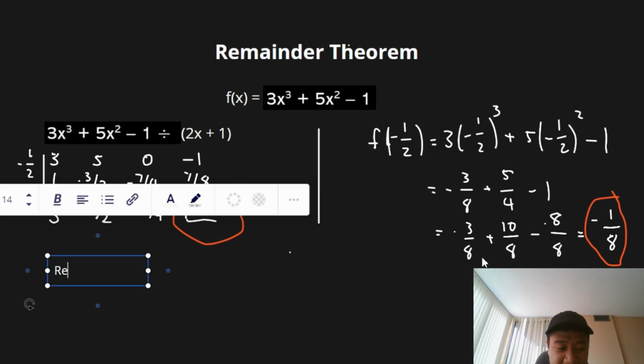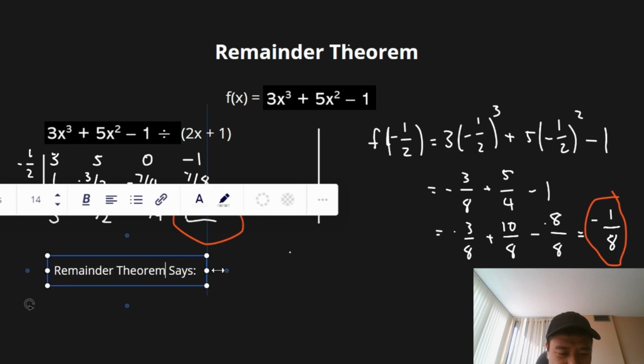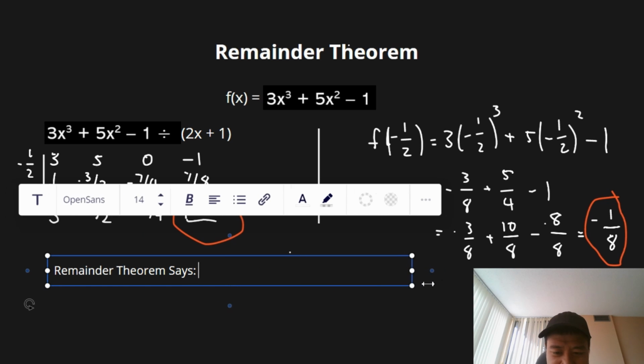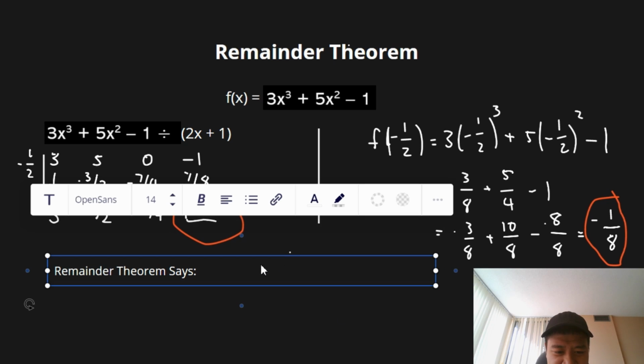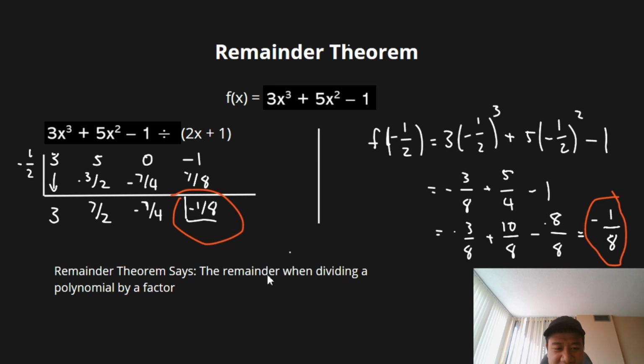The remainder theorem says that the remainder when dividing a polynomial by a factor is the same as